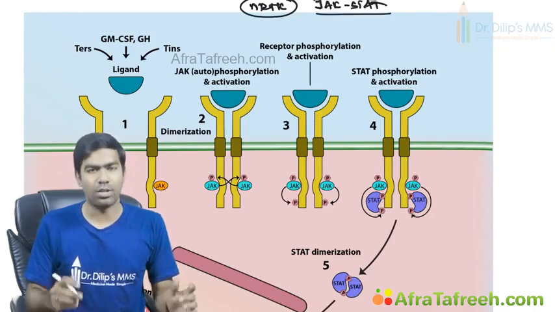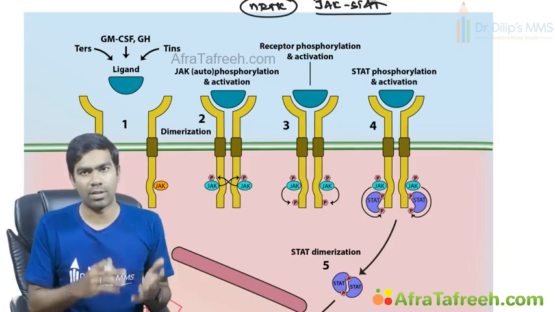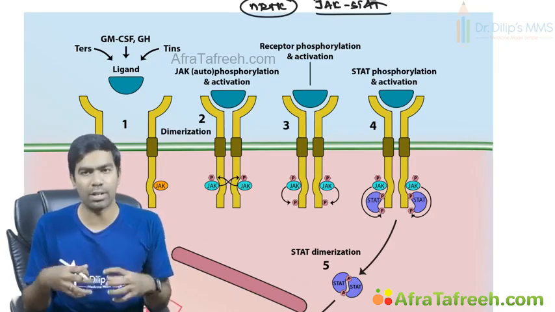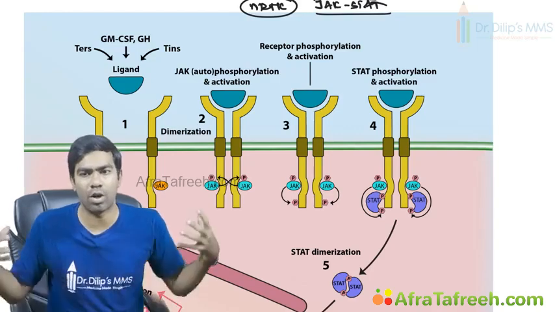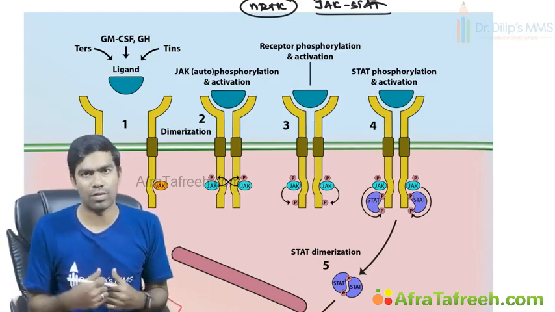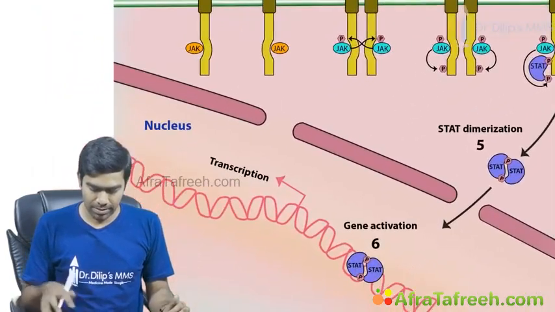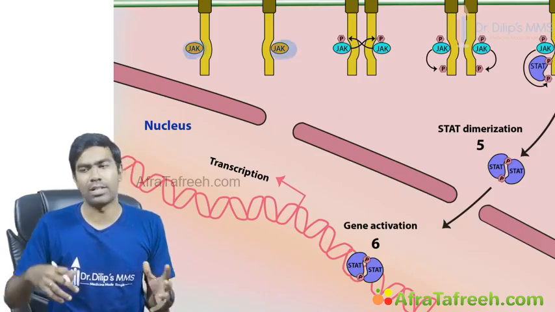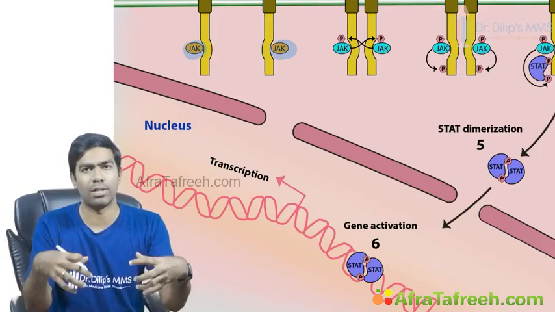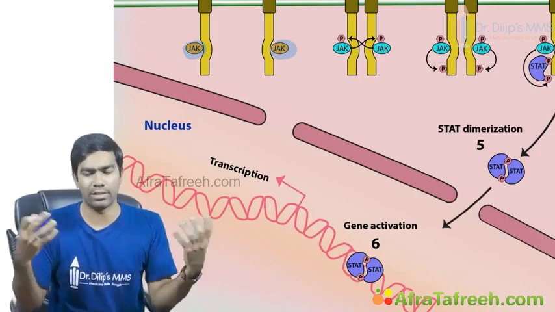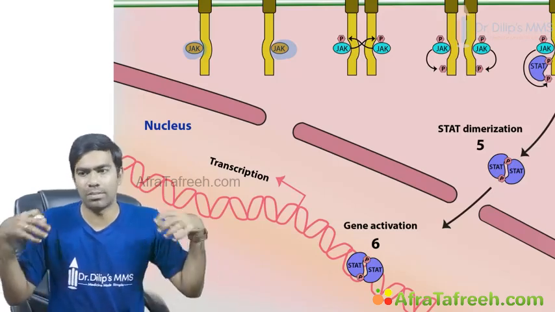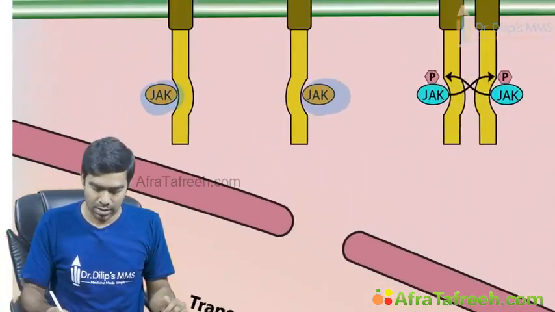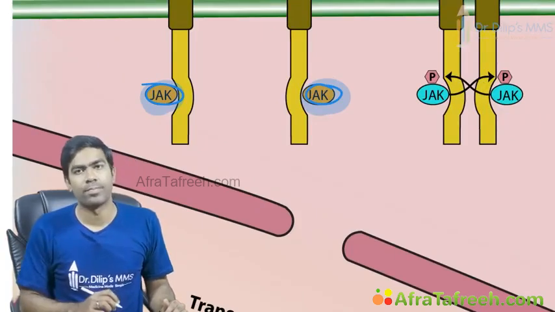pathway. So you saw in the previous diagram where the tyrosine kinase activity is present on the receptor itself, isn't it? The tyrosine kinase activity was present in the receptor. It's intrinsic tyrosine kinase activity that caused autophosphorylation. Here also autophosphorylation will happen, but the tyrosine kinase activity is present with an external protein that is attached with the receptor, not intrinsic tyrosine kinase activity. This is having some extrinsic, which means some other protein is having this tyrosine kinase activity that is attached to this receptor. That's what we call the JAK protein, right?